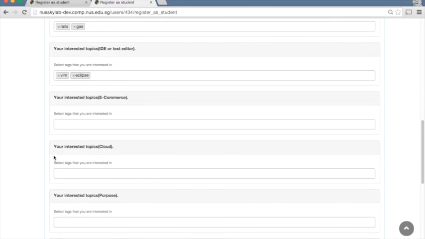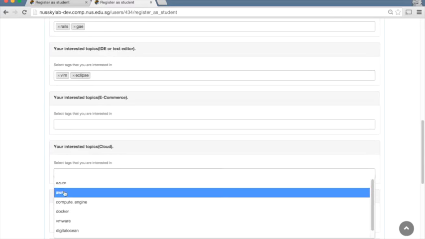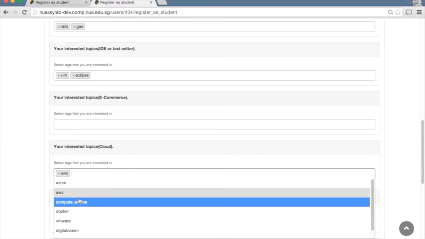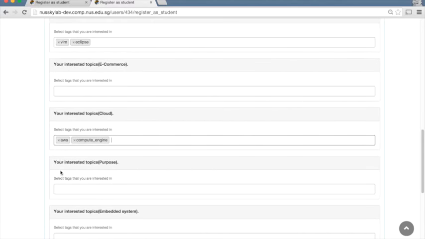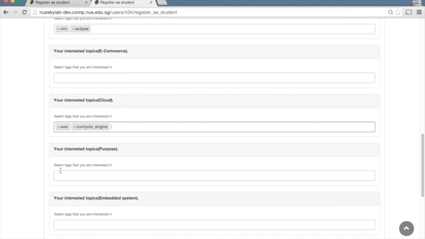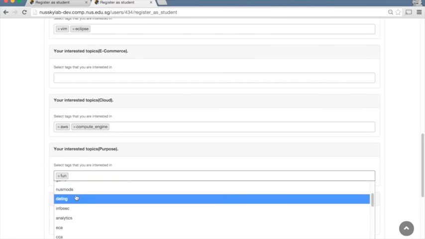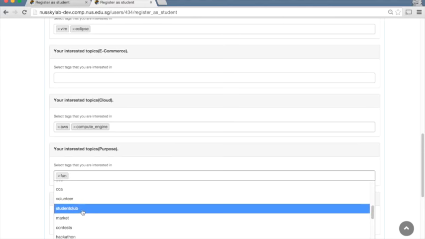You can leave any topic that you're not sure about blank, but the more things you fill in, the better it will be in matching. Okay? You're not held to these. These are just tags to indicate some type of interest, just like you would indicate on, let's say, a dating application. So maybe I want to participate in Orbital for fun, and maybe do it as part of a student club